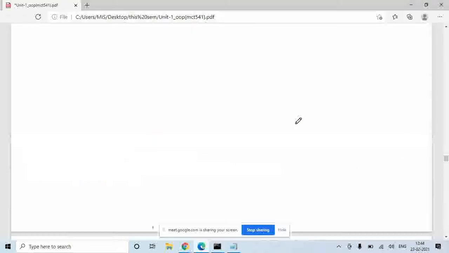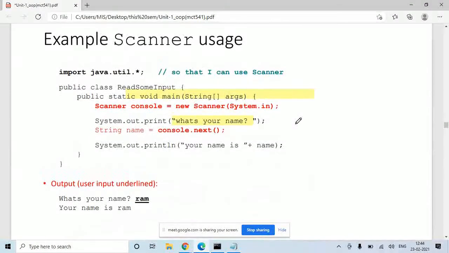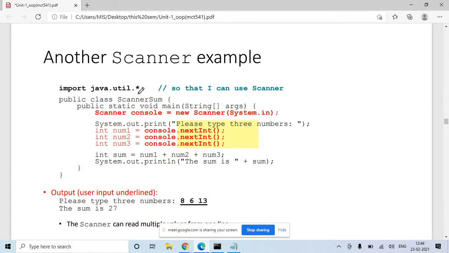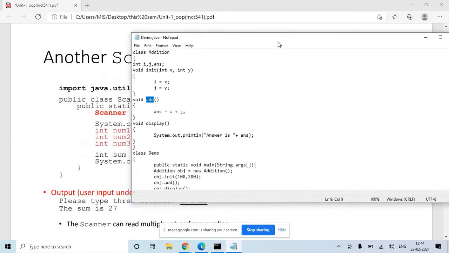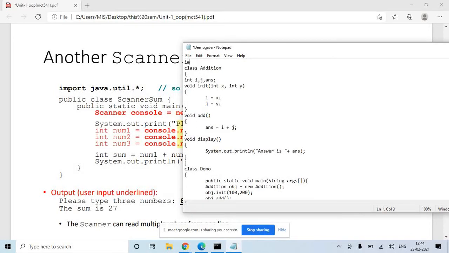Yes sir. Okay, so for that we have studied this Scanner class here, import java.util.*. Let me tell you here, we studied import java.util.*. So here you will write import java.util.*.